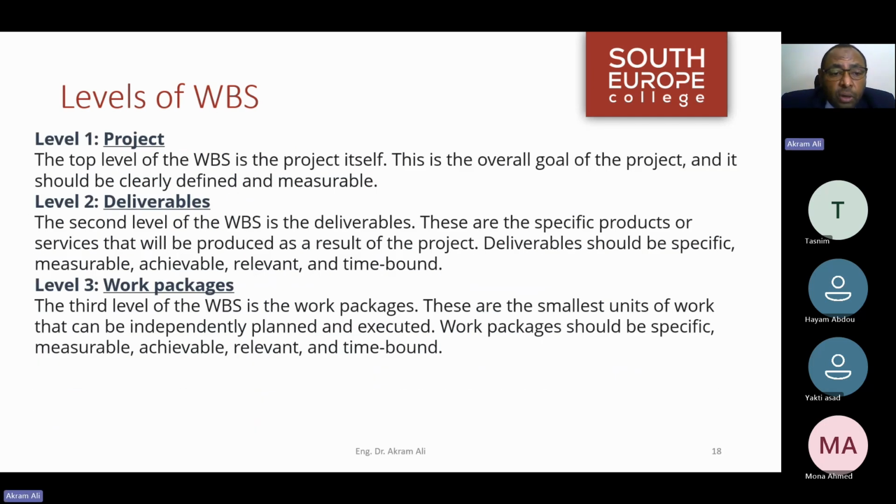Now we have levels of work breakdown structure. We have a work package level, and we have deliverables level, and we have a project level. So this is what we mean by level 2. But here by 3 levels of work breakdown structure. But again, we are going to examine our rules in the next slide, which is our last slide for today's presentation. No, actually one more. So